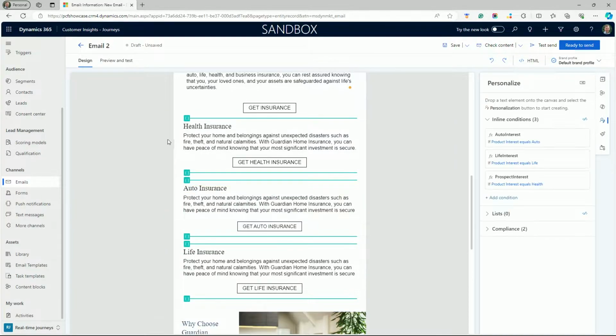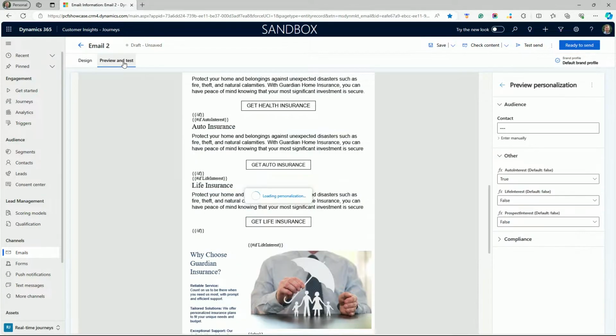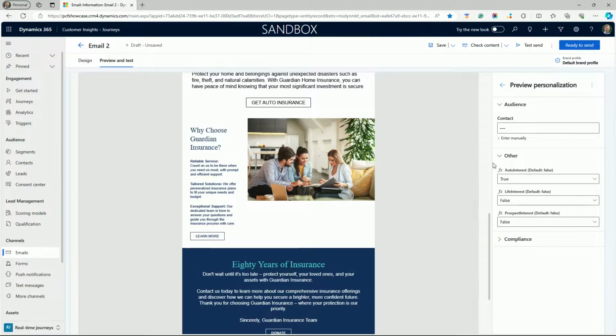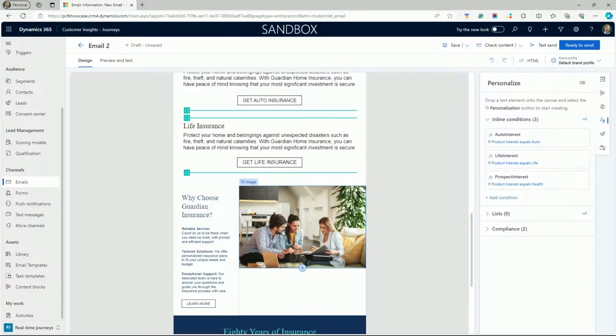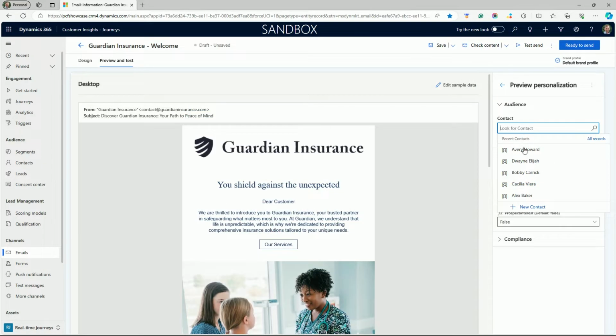Now switching to another rule, we'll use data values in the same interests field to promote life or health insurance content. In these examples, our dynamic rules worked with email text, but these can just as easily apply to images. For example, a message may include a default photo, which could vary for some recipients, where similar rules using CRM data are applied to show a different image. With centralized data and these intuitive no-code tools, Dynamics helps marketing teams quickly craft personalized messages that increase click-through rates